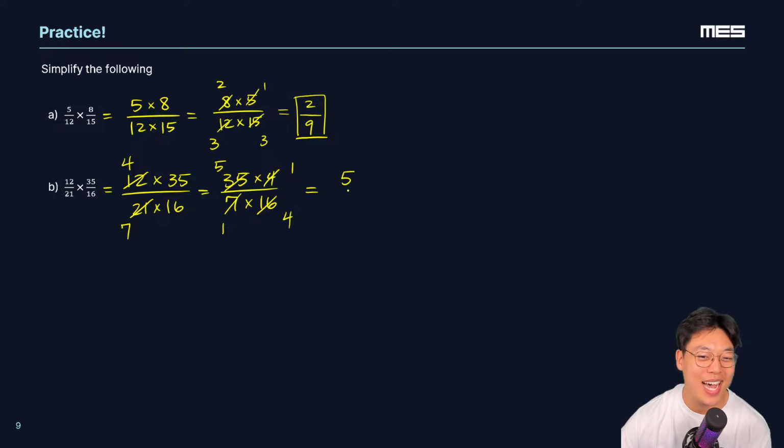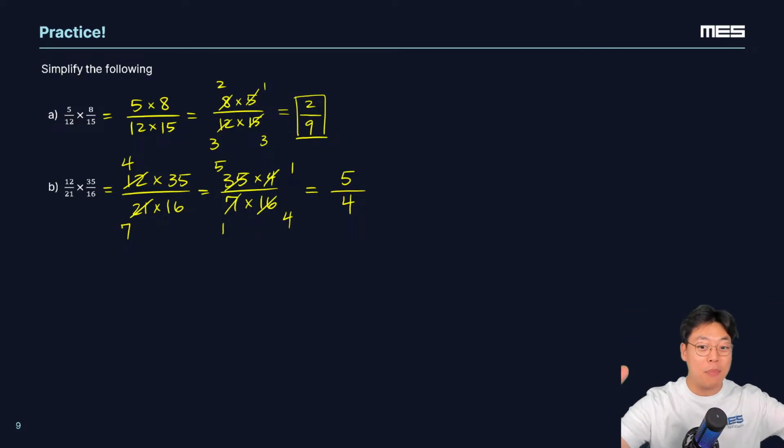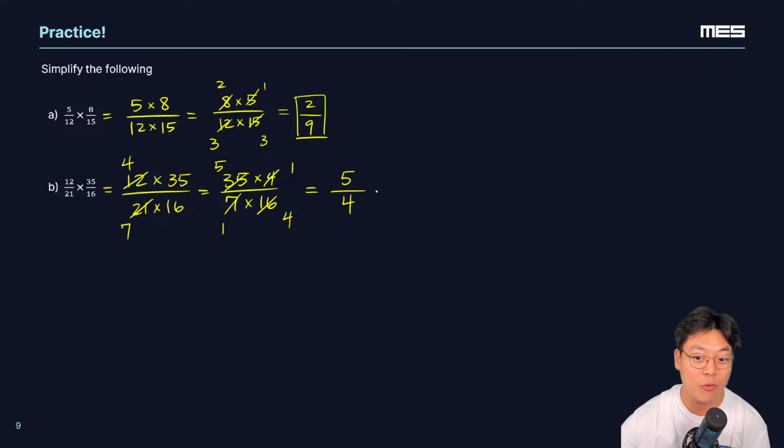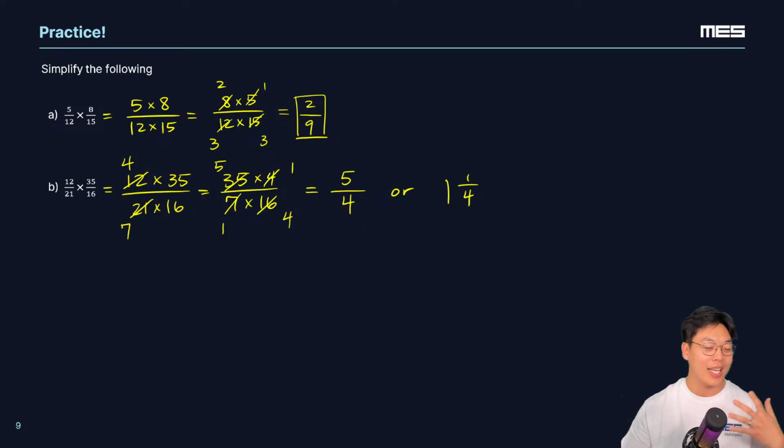Great, Chloe. 5 over... Great, Max. 5 over 4. Beautiful work. Now, take a look back a couple steps. What if... Chloe, amazing. I love it. Improper fraction. 5 over 4 can be rewritten as 1 and 1 over 4. I love that we're learning. We're bringing everything together. Love that.